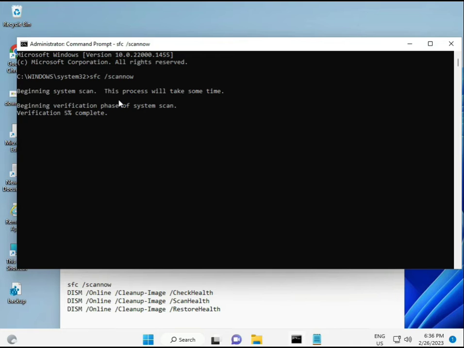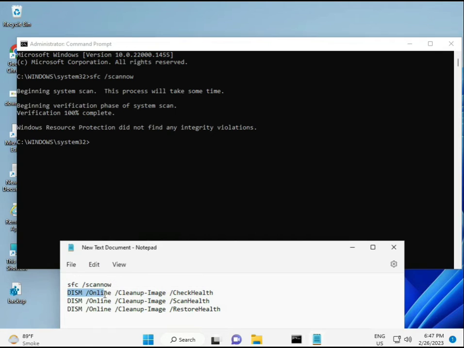Okay, so all four commands are very important for your computer. All the commands I will give you in the description, so you can type manually, otherwise copy paste, whatever you want to do. Okay,